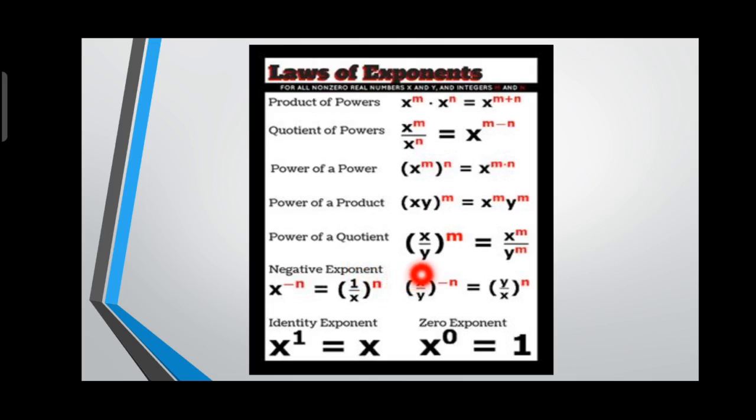And here also the same, x by y raised to the power of minus n, it's a negative power, so this can be converted into the positive n. If we take the reciprocal of x by y, it will become y by x. Okay, I hope you are all clear. And here x raised to the power of 1 is equal to x, so whatever you multiply with 1, the answer will be the same number.